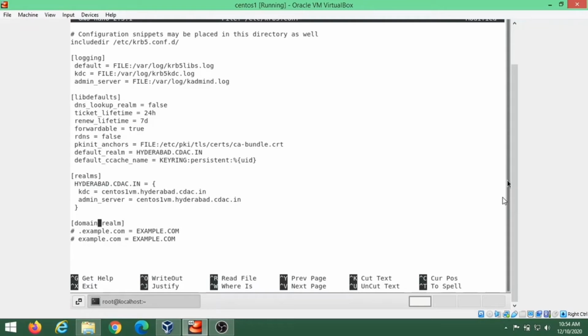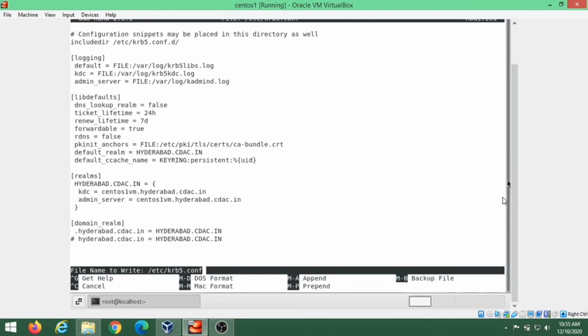Similarly, we will uncomment the domain realm and replace it with hyderabad.cdac.in. We can save the file after editing it.